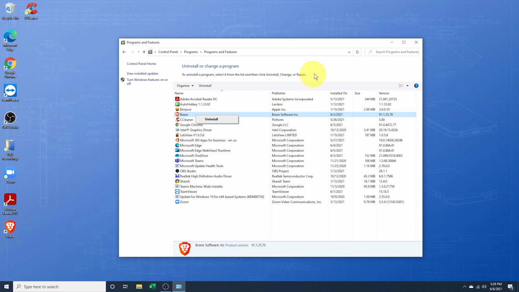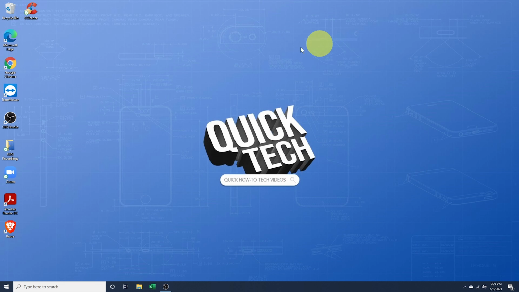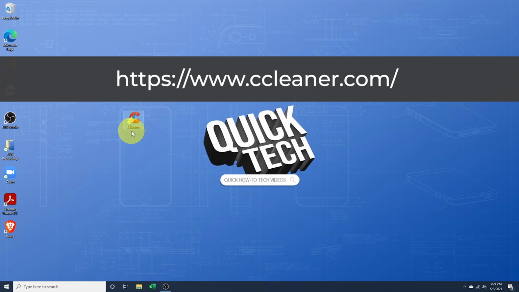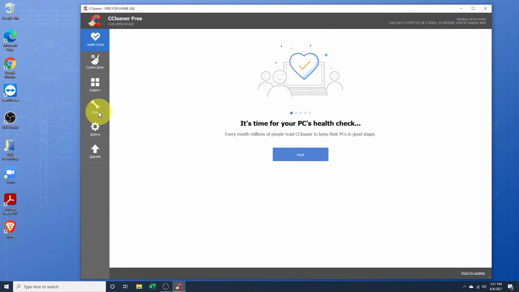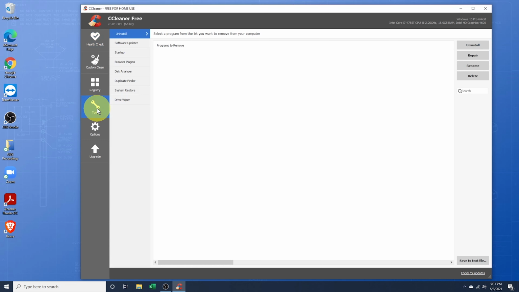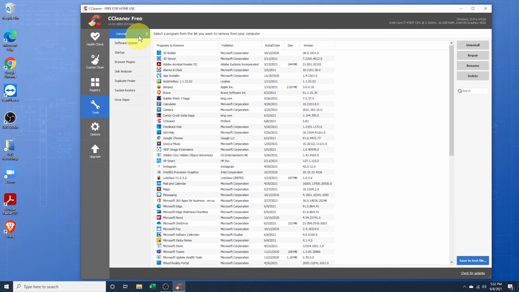Uninstall. And finally, in a past video I showed you how to clean up your Windows 10 PC using an app called CCleaner. Inside of that program, there's also a way to uninstall unwanted programs. This option may be the way to go if you're having an issue with a program that won't uninstall the other ways. I'll link to the other video showing you how to download and install CCleaner, but once you have it installed, on the left side menu, choose Tools. In here at the top, you have the Uninstall menu where you can again choose the app or program that you want to remove, right-click on it, and then hit Uninstall.